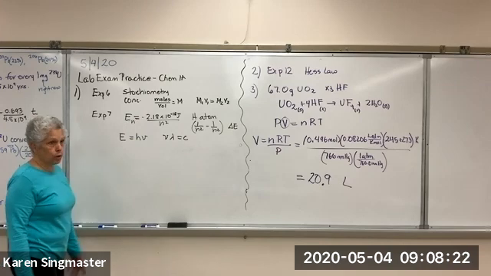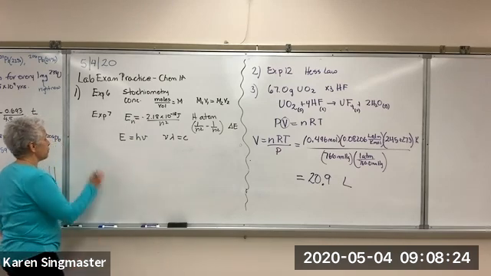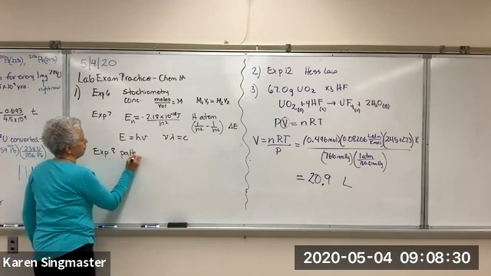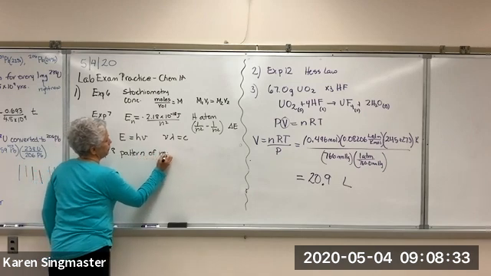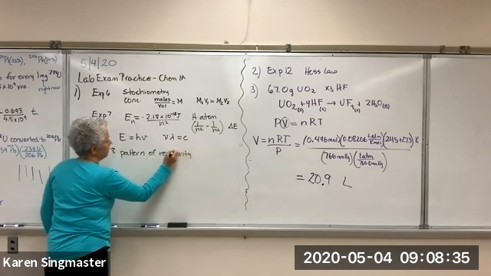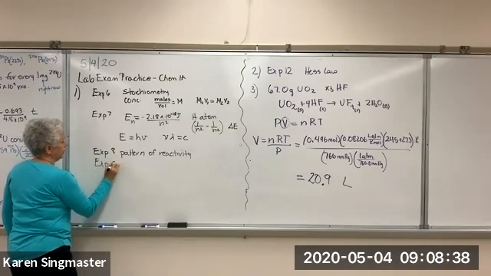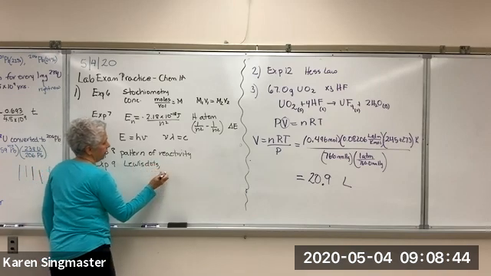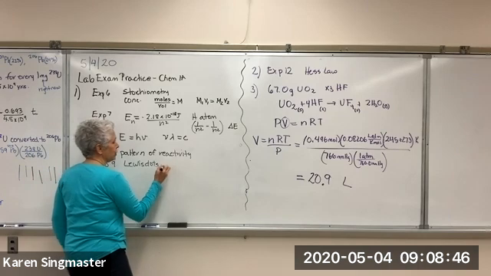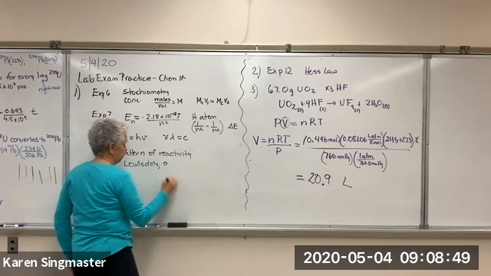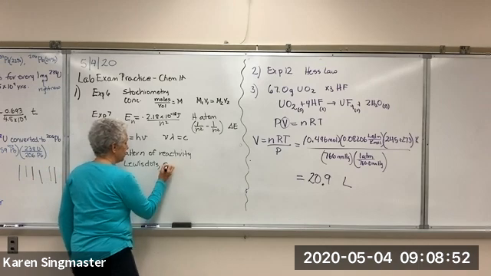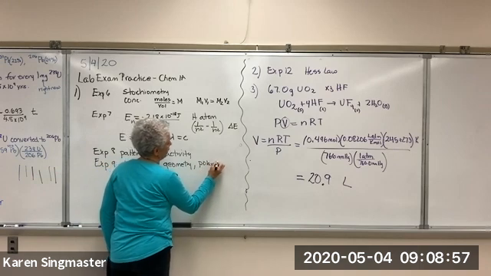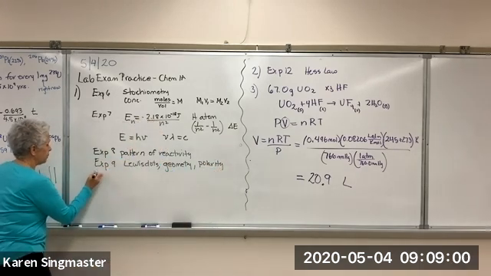Experiment 8 had no equations. Experiment 8 is about patterns of reactivity. Experiment 9 is about Lewis dots, then figuring out the steric number and all that, so you could get geometries and polarity. And then experiment 10,